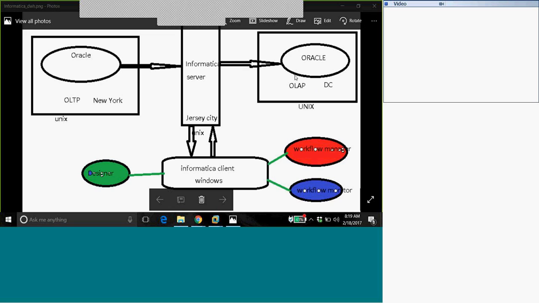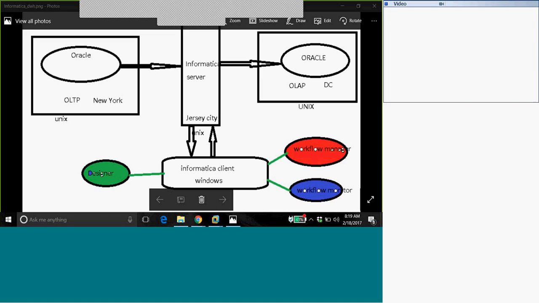Target system is in Washington DC. The OLTP system will be connected to Informatica server, and the server will be connected to the OLAP system in Washington DC,